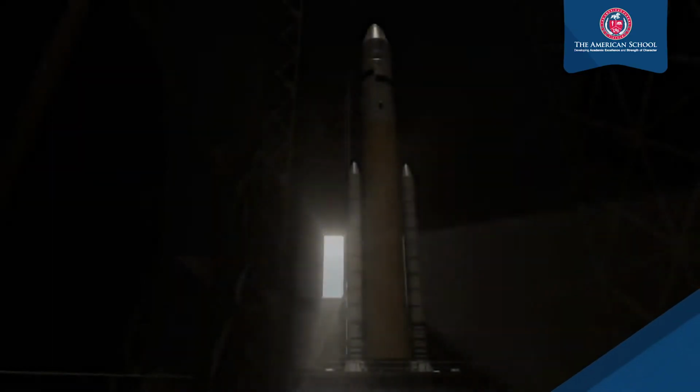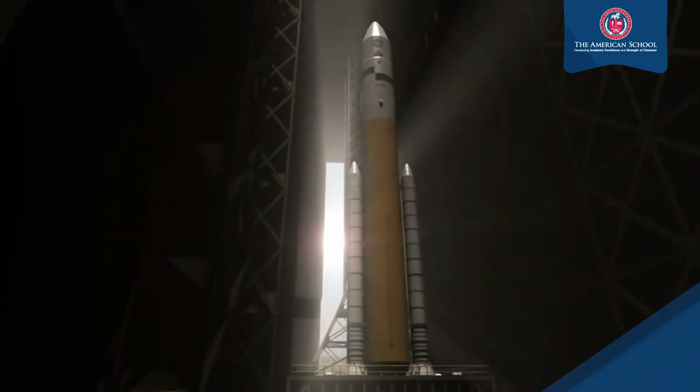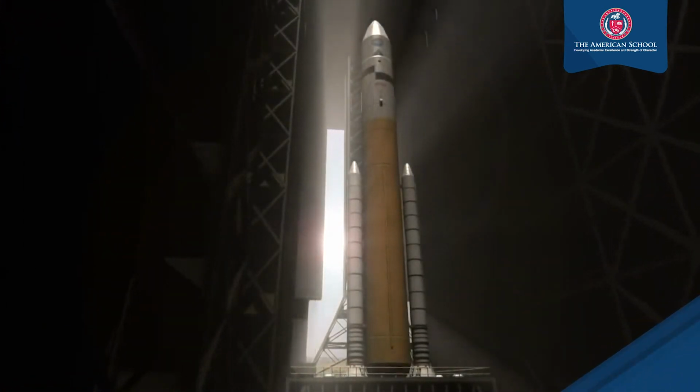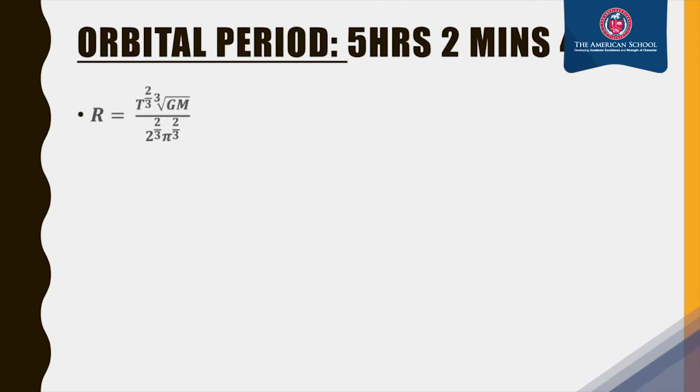So now let's move on to another exciting part. To find the orbital elements, in the GEO satellite, I know that the orbital period, which is the time to complete its cycle, is 23 hours, 56 minutes and 4 seconds. Therefore, I want my CAT satellite to complete its cycle in 5 hours, 2 minutes and 4 seconds, which